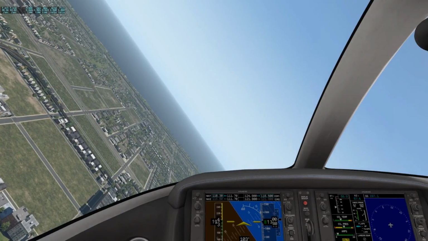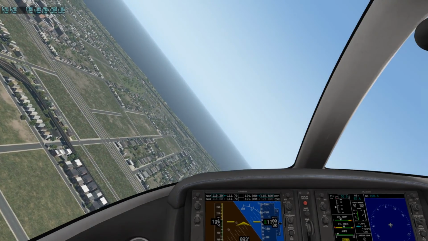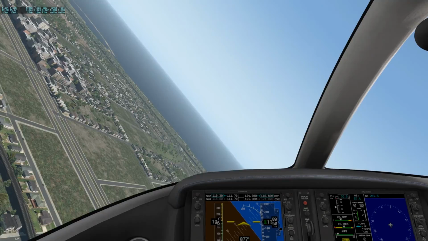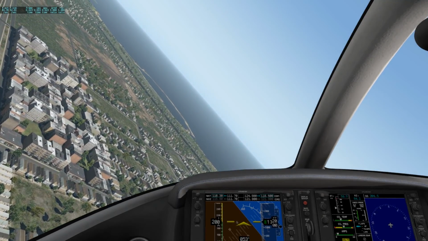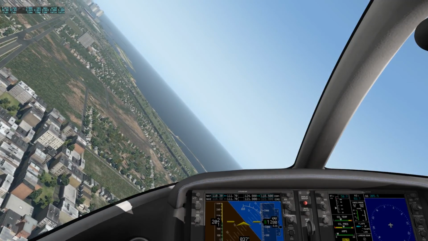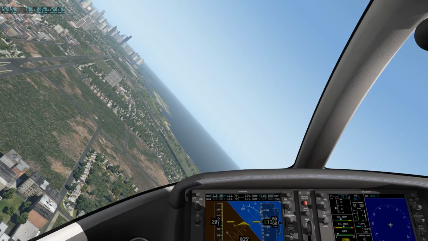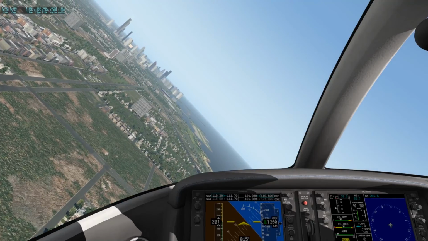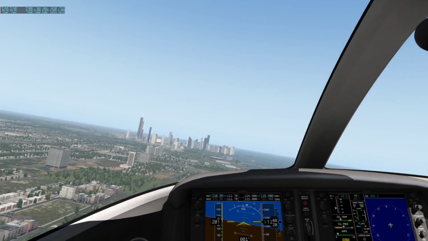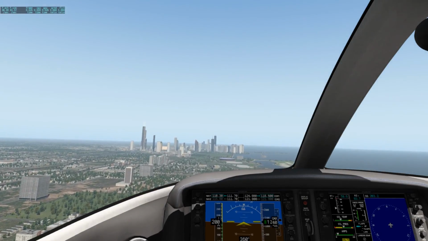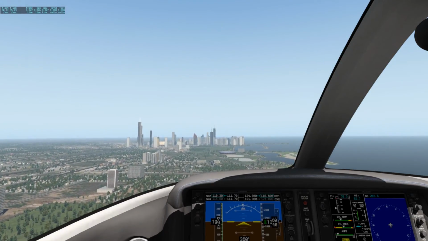Okay, I don't want to climb anymore. I just want to keep her around here. I really don't want to be going this fast. It's pretty cool because I don't live too far away from here, and you've seen this in real life. So you've got Comiskey Park there,